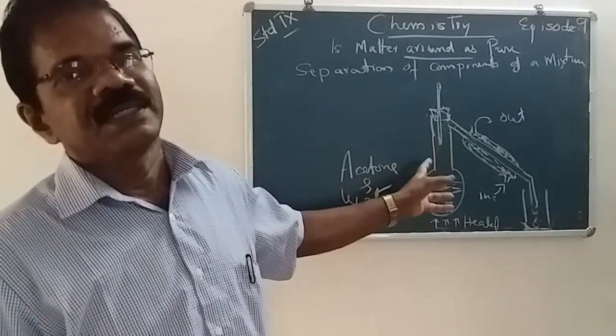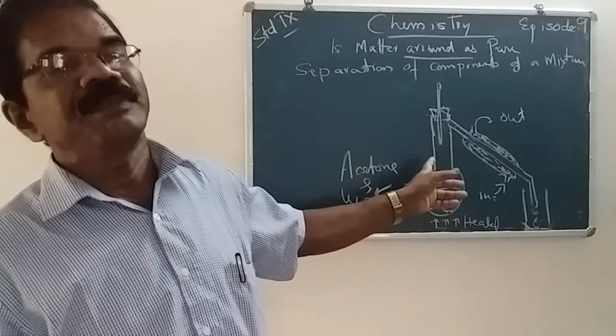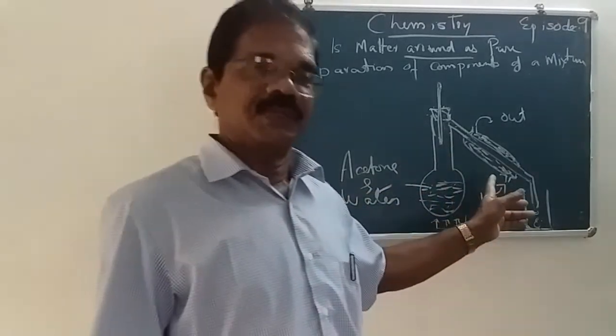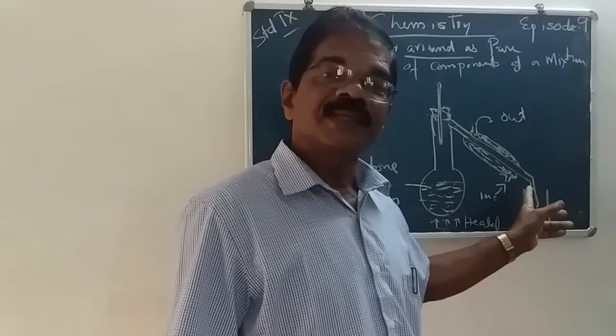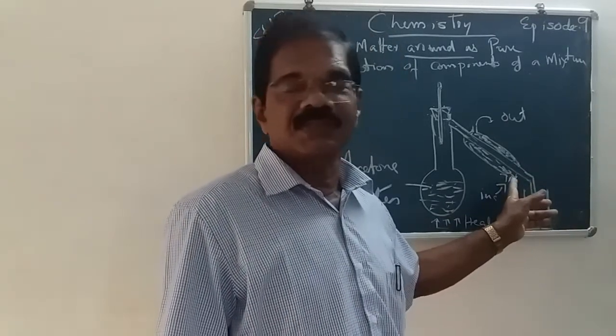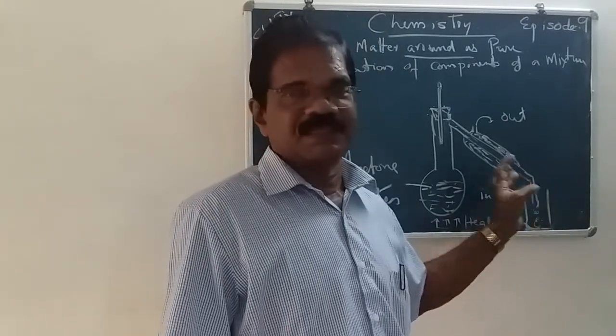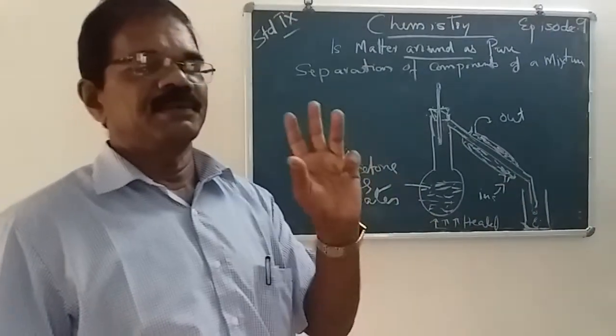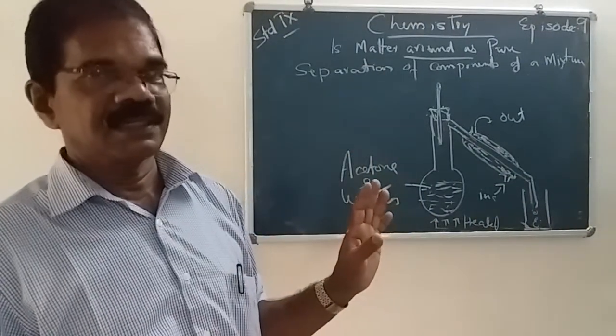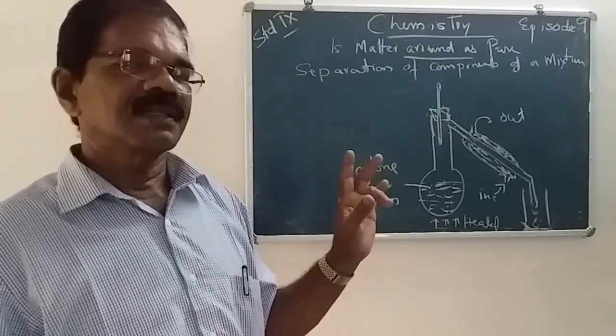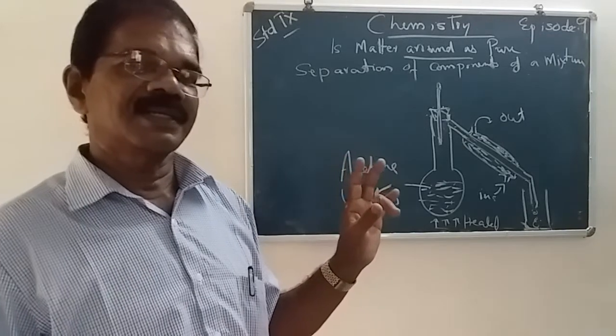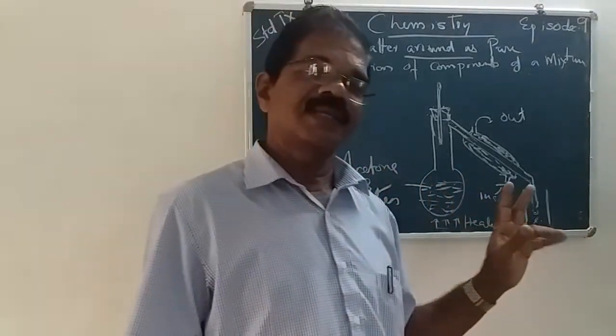Here we use the boiling point of two miscible liquids which differ by above 25 degrees. They are separated by this method. So, name of the method, distillation. Example, acetone and water. Property,